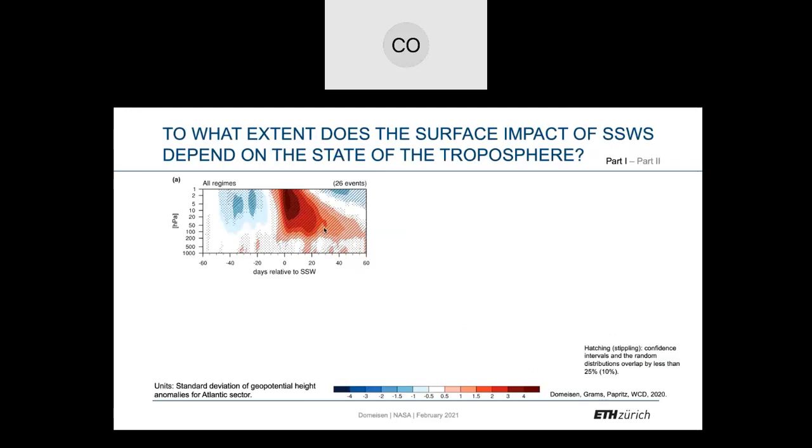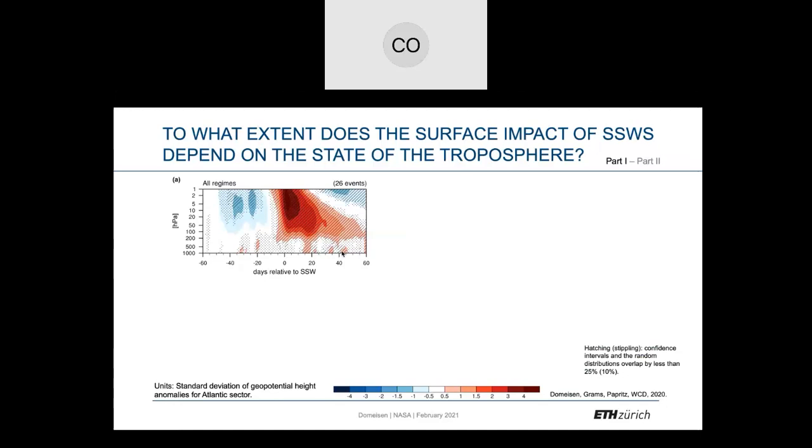So we've basically made a so-called Baldwin-Dunkerton plot, a dripping paint plot. This is a composite of all the events. We're plotting geopotential height anomalies for the Atlantic sector here. It looks very similar if you just plot the northern annular mode. But basically you can see, okay, here's the event, it propagates down to the lower stratosphere reasonably quickly, and then persists in the lower stratosphere, and every once in a while it drips down into the troposphere, but not all the time. And again, this is an average over all events.